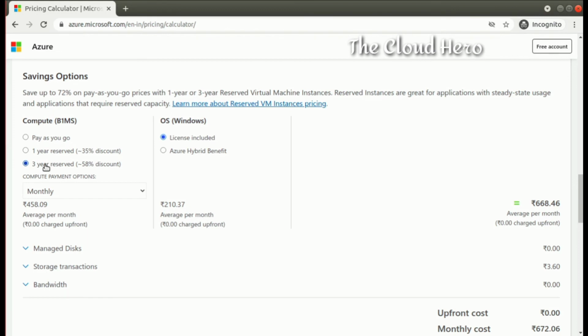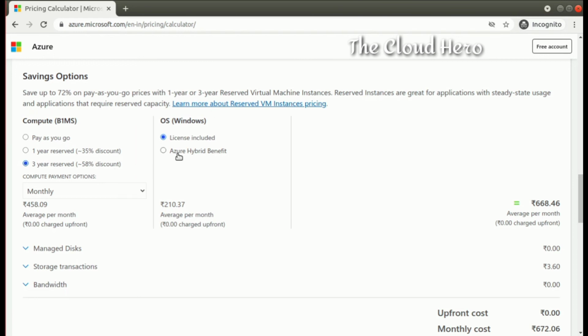Let's jump on another fantastic option, which is licensing. Azure Hybrid Benefit. Suppose you are running on premises or with any other cloud provider. Do you have some licenses? And that license has a capability of 1 year or 3 years. At that time you can go with your license. You can come with your license and you will get the licensing discount. So I'll show you how we can get that.